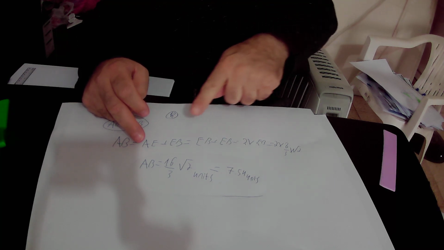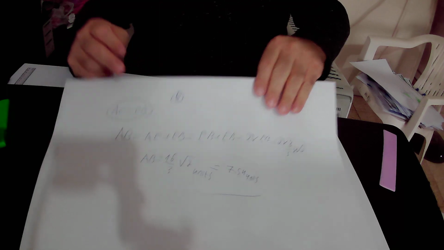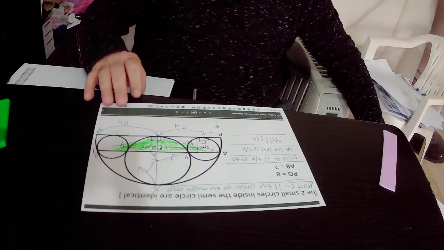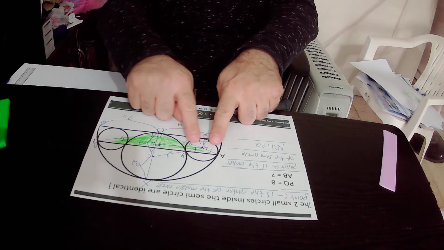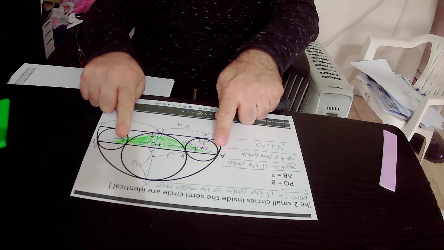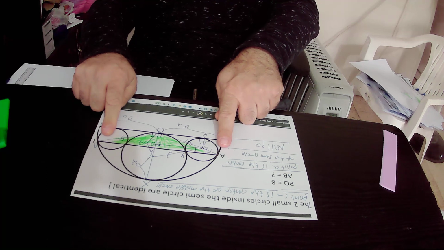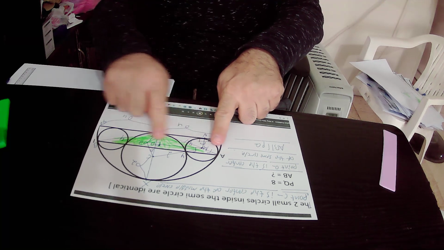Or in terms of numbers, AB equals 7.54 units. So here, in the original drawing, we can see the length of AB. We found that the length of chord AB equals 16 over 3 times square root of 2 units, or in terms of numbers, the length of chord AB equals